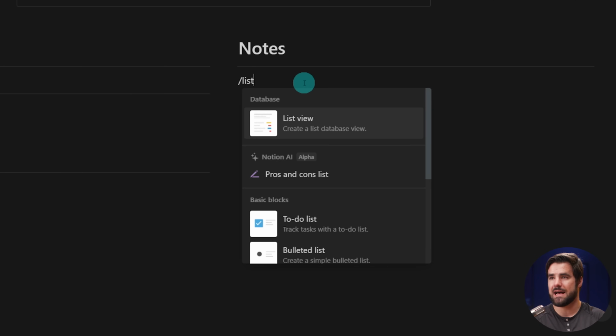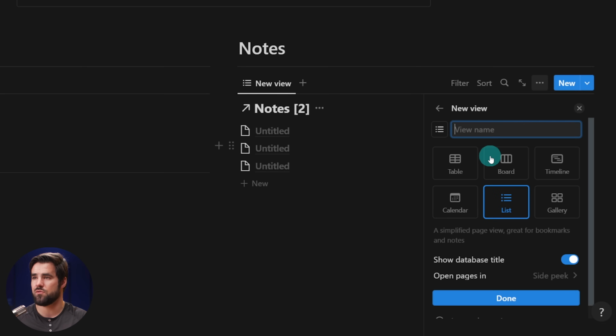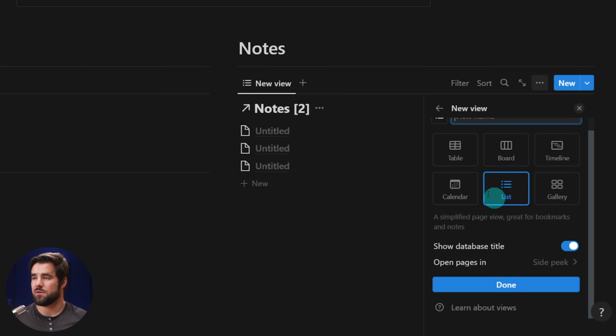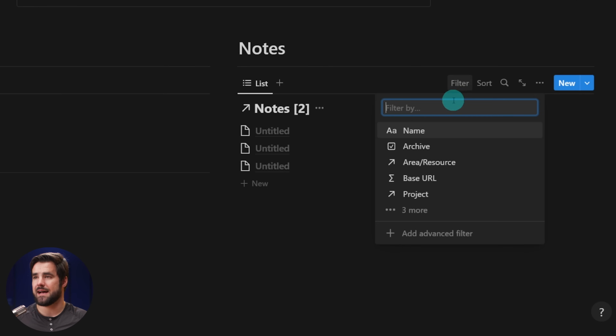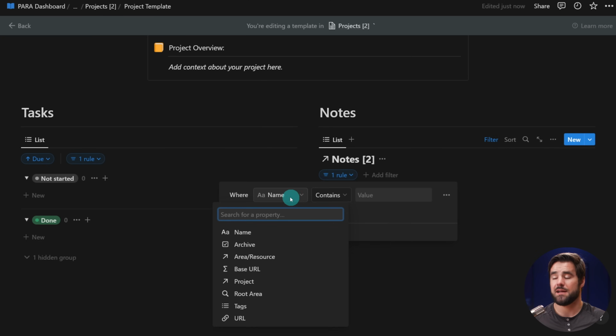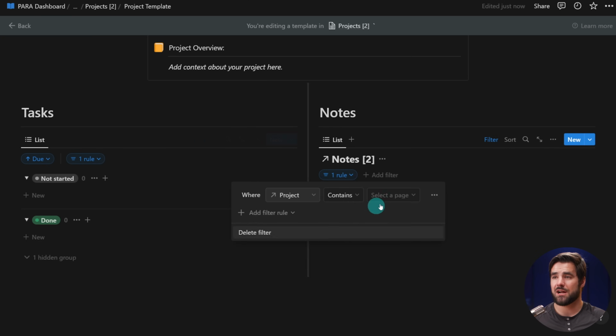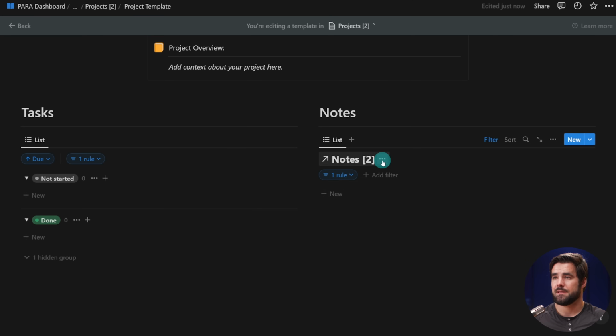Likewise with notes, I'm going to do /list view. I'm going to find that notes database there, and I'm going to do a new empty view, and I'm going to again leave that as default. List is a perfect name for this. And here, all we need to do is create that self-referential filter one more time. So adding an advanced filter. Again, you could do this as a simple filter. I prefer it as an advanced one. Project contains project template. And I'm going to get rid of this for aesthetic reasons, and that is all we